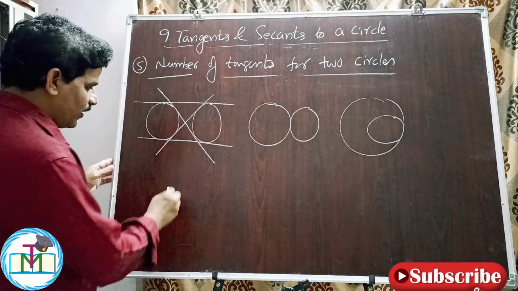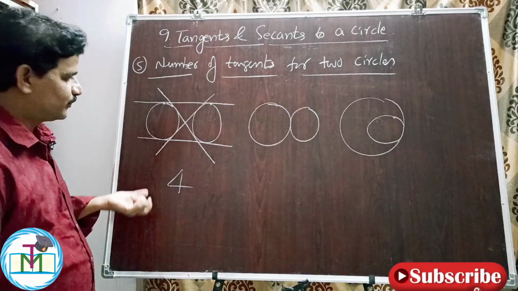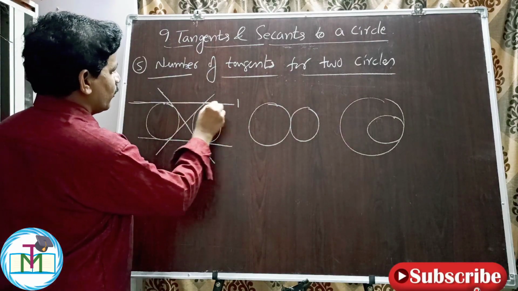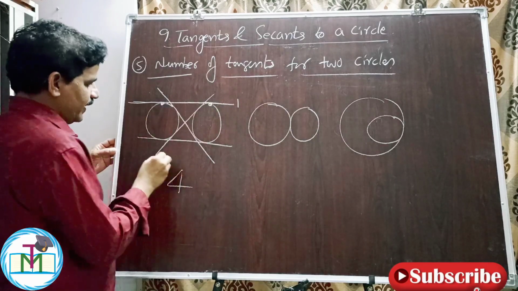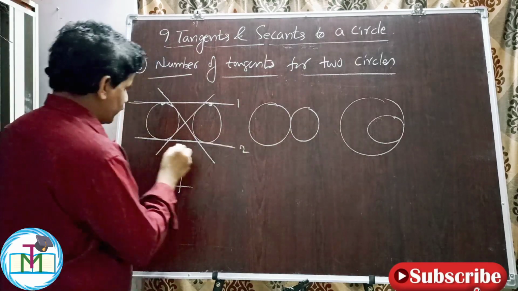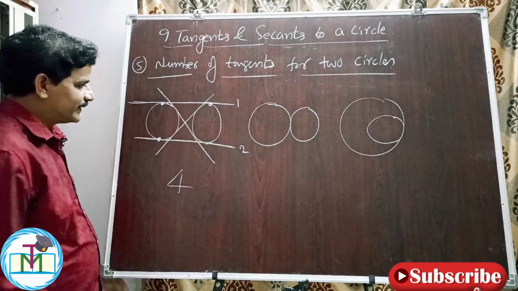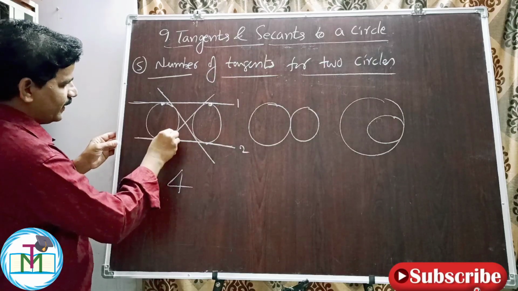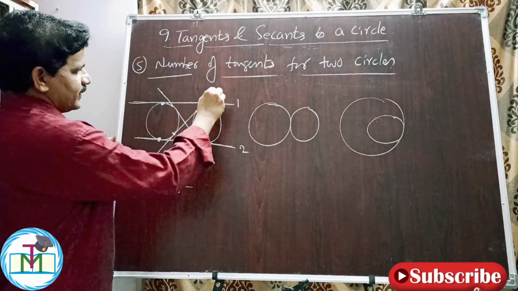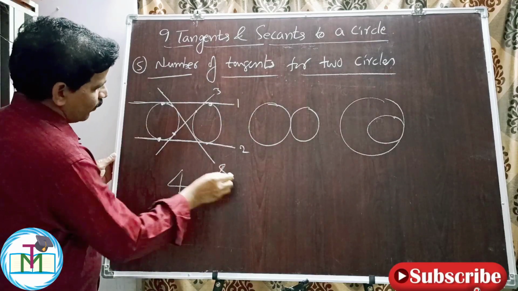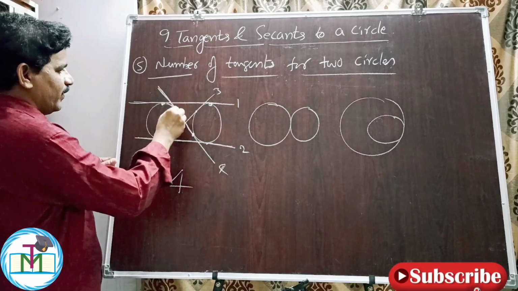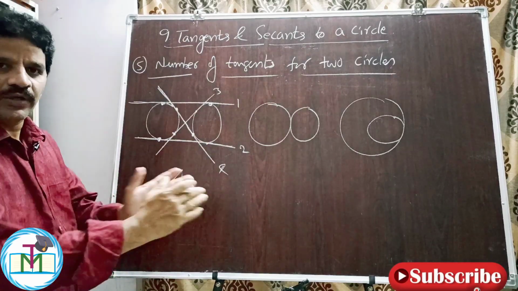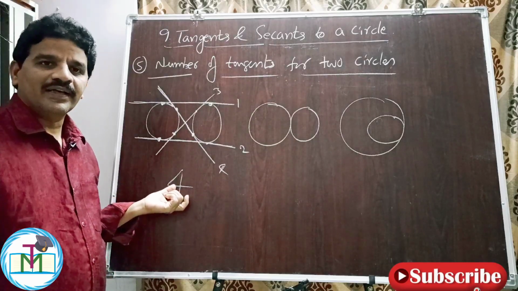If they are away from each other, we can draw 4 tangents. The first one means both circles are on the same side; it touches here and touches here. If we take this line too, it is the second tangent, touching here and here. For tangents 2 and 3, one circle lies on one side and the other circle lies on the other side. So this tangent touches this circle here, and this tangent touches this circle here. This is tangent number 3. Now tangent number 4 touches here and here. So whenever one circle is away from the other, we can draw 4 tangents.